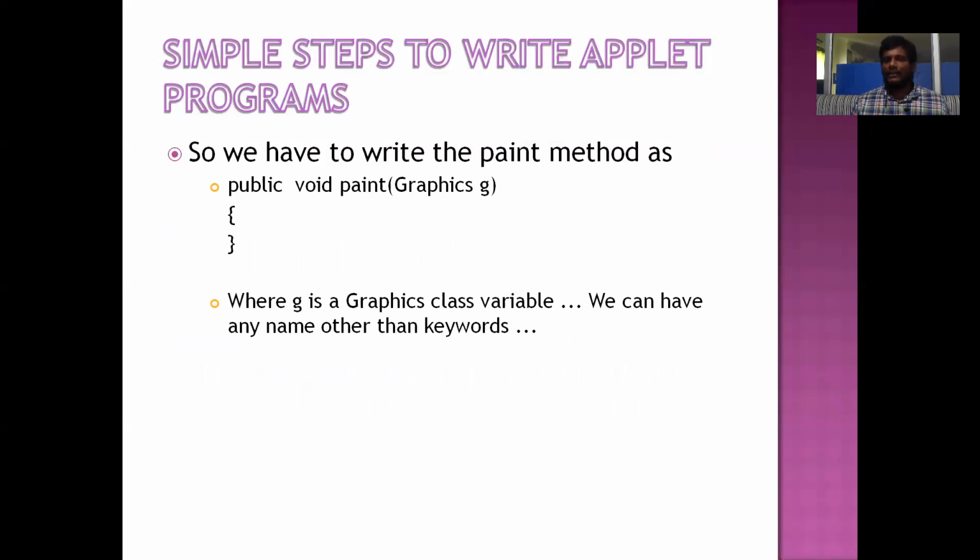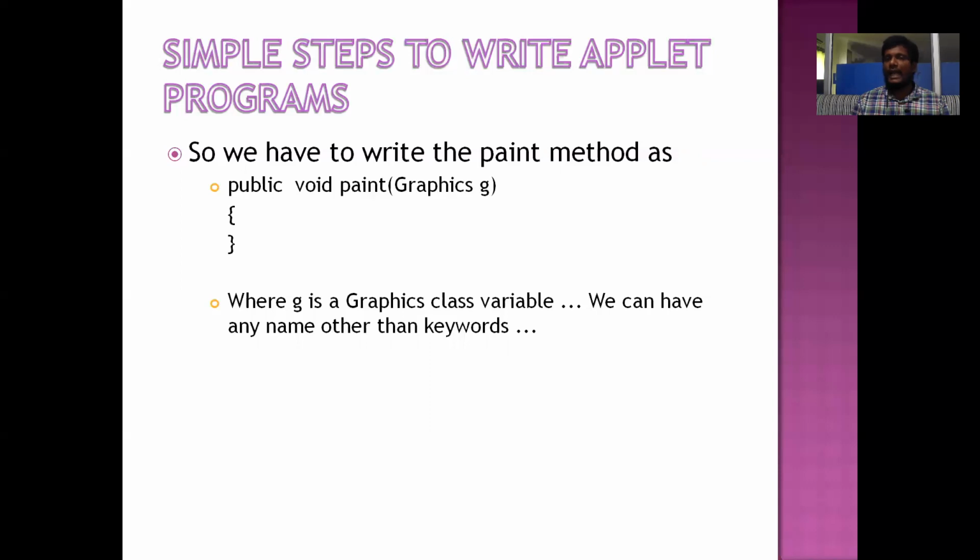So we have to write the paint method using the public access modifier. And while dealing with methods in any programming language, the method should have a return type. It may be int or float or anything. Or if the method is going to return nothing, we have to present that method with the void keyword. So use the public keyword to make the method available in the program. The void keyword specifies that this method is going to return nothing, and paint is the name of the method.